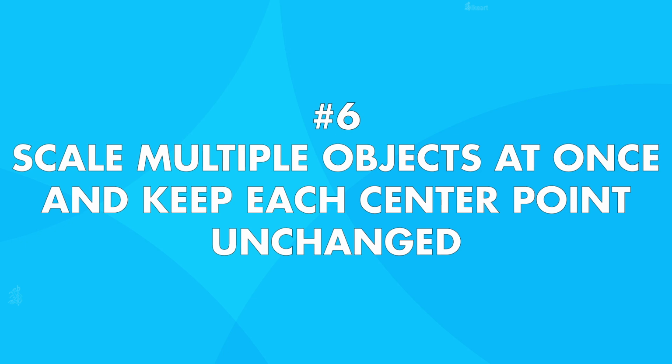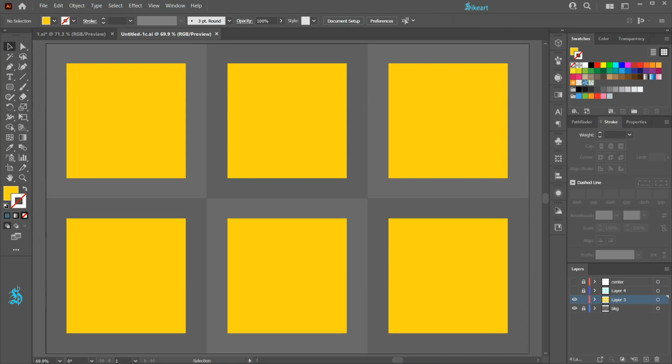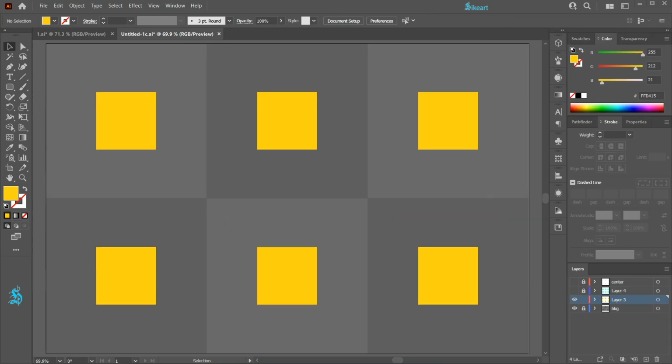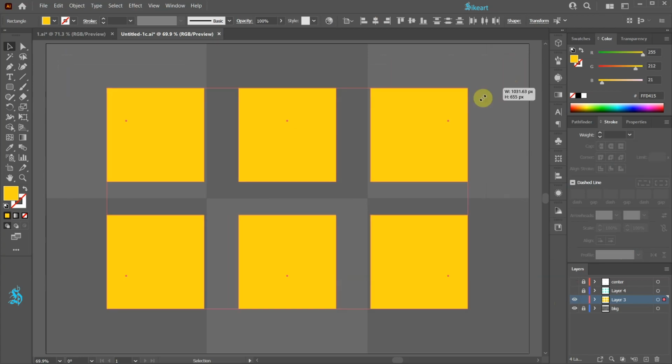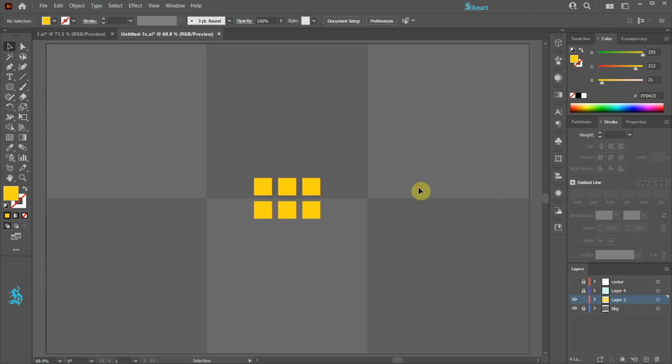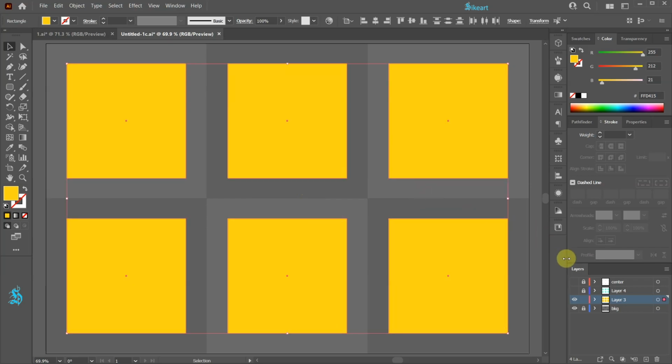Now I will show you how to scale multiple objects at once and keep each center point unchanged. If we select all yellow squares and use the selection tool to scale them, we will change their center position. Let's undo it. To scale multiple objects at once and keep each center point unchanged, first select all objects,